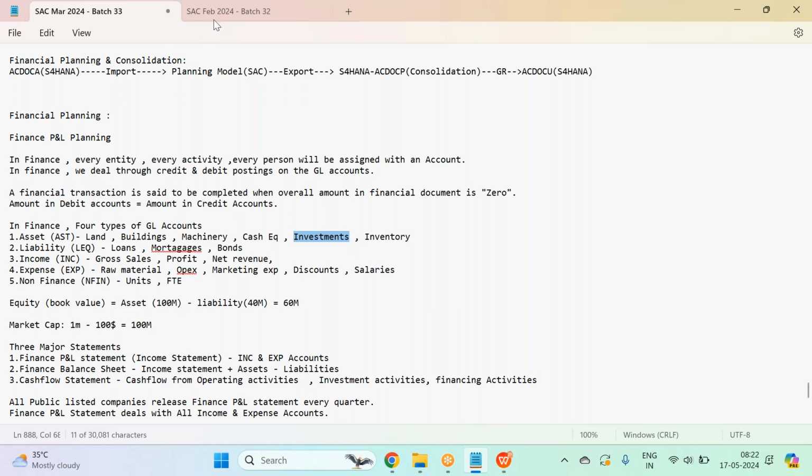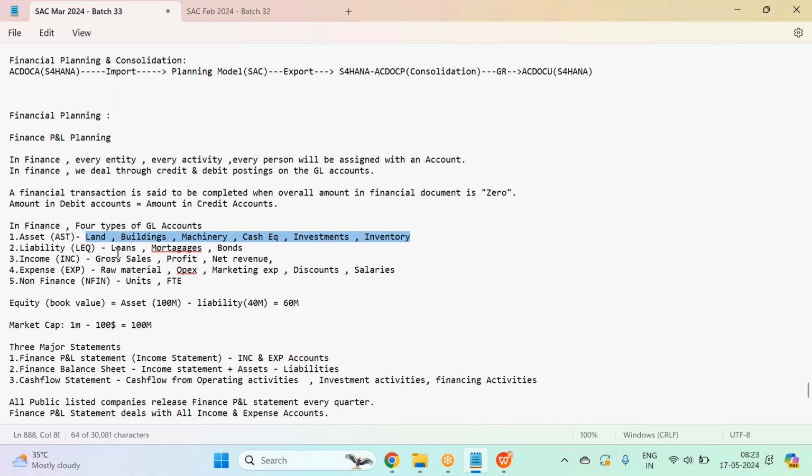I'll give a simple example, guys. Suppose I take Maruti Suzuki. It's a big cash rich company. So the extra cash they have, they invest in the stock markets, or they invest in debt funds, etc., and they generate some revenue from that. Even the investments are considered as assets. The product inventory we have is also considered an asset. For IT companies, even employees are considered assets. So these all fall into asset accounts.